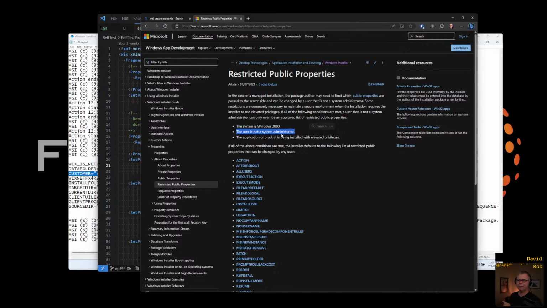It bugs me that they made this decision that system admins don't see this behavior, because it means that most developers in testing scenarios, assuming most developers are system admins on their machines, because debugging and all that, you need those kinds of privileges, won't experience this until you get it out in the field and you hit a case where people are running as non-admins. Yep. And that's a really unfortunate time to figure out that, oh, that property needs to be secure. Oh no, that's terrible.